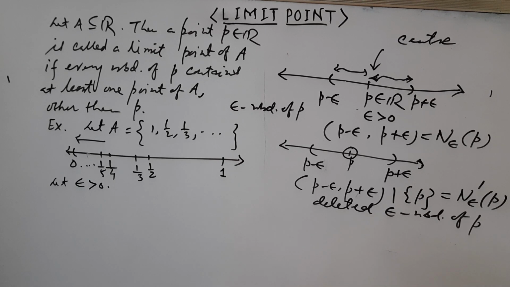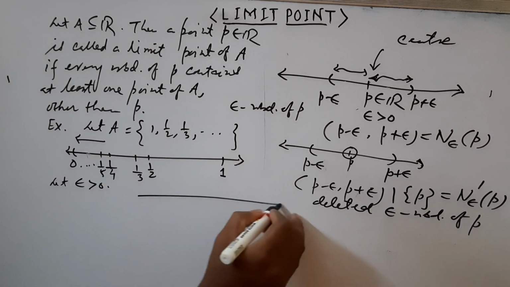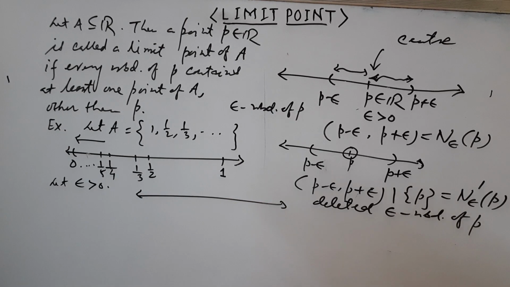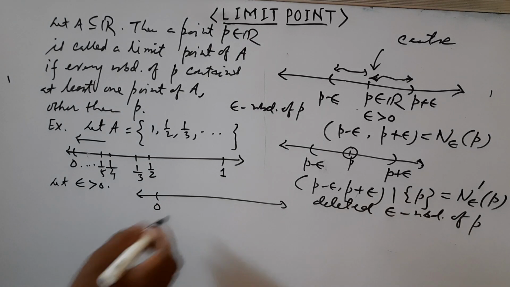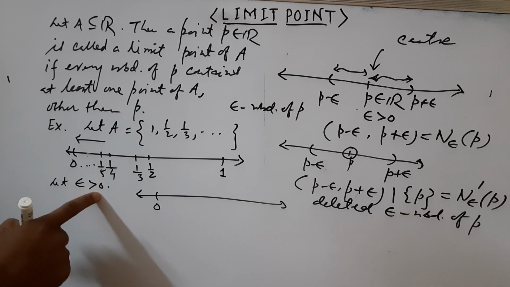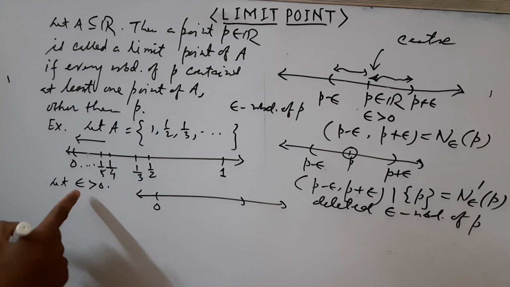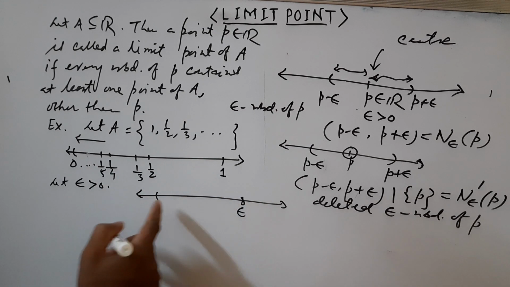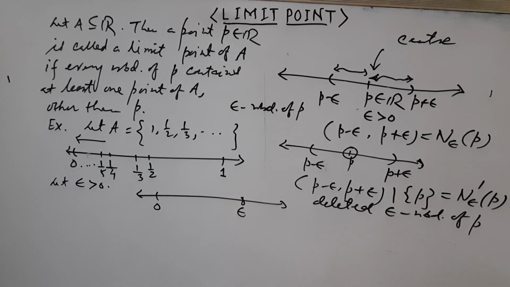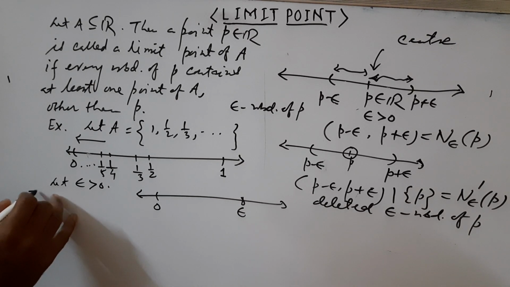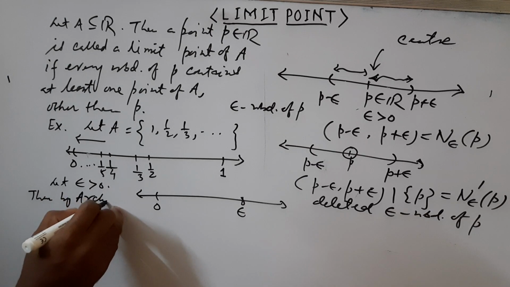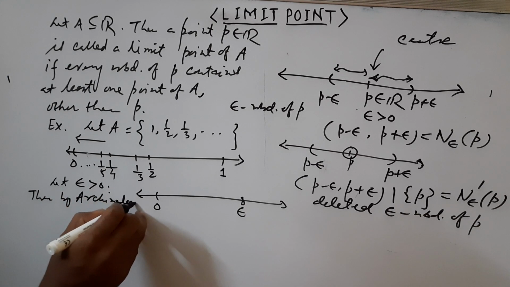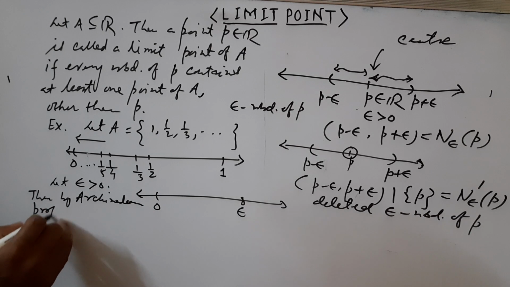Now we use Archimedean property. So we draw another line, and here if we take this one as 0, epsilon is positive, so epsilon will be on the right of the point 0. Then by Archimedean property,